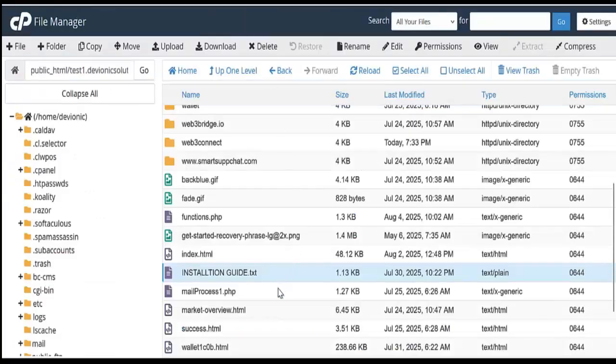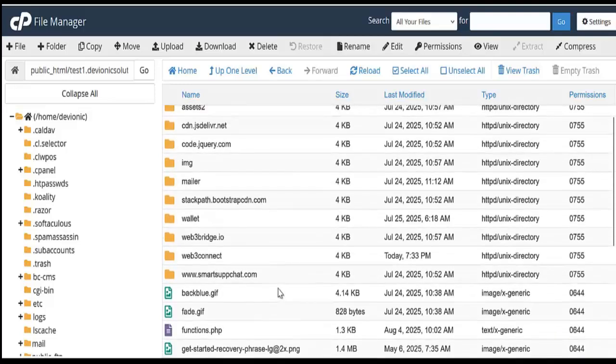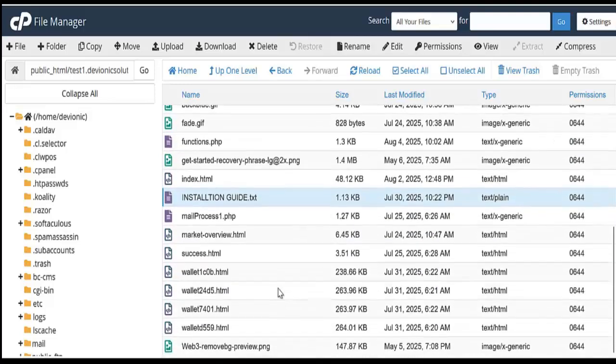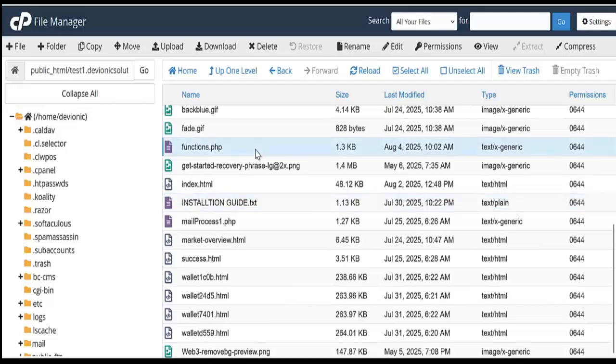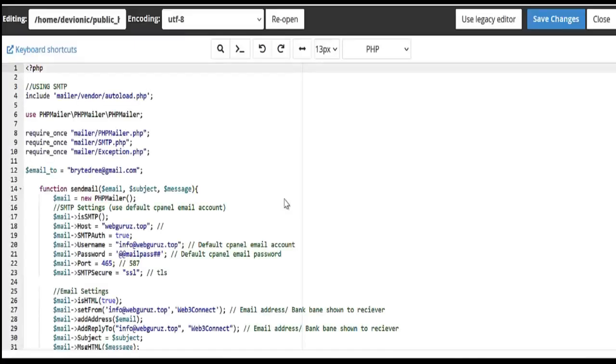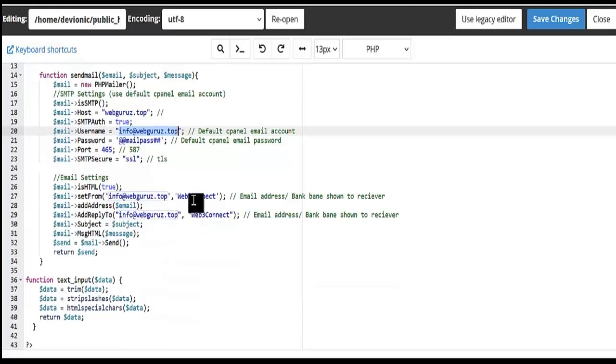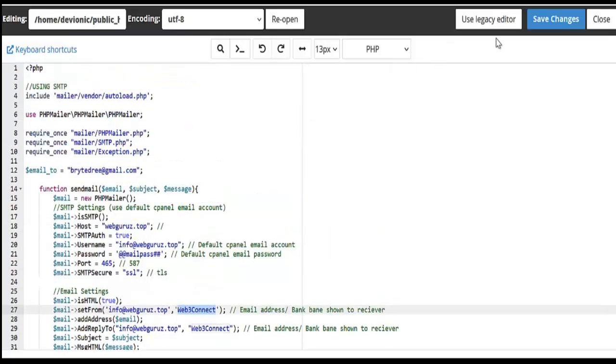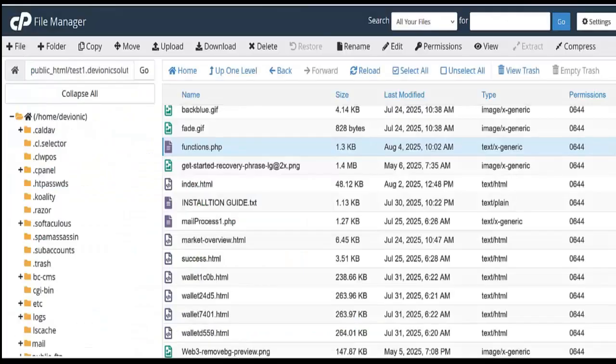what you have to do is just go to functions.php. Right now, this functions.php is your webmail, your email. So you just have to set up your email here. This will be your domain name. Put in your email, the webmail you created, put in your password, then put in the name. Okay, then you just click on save. After that, you go to